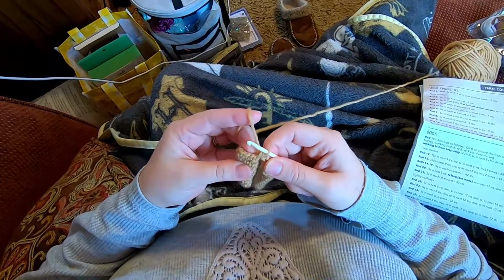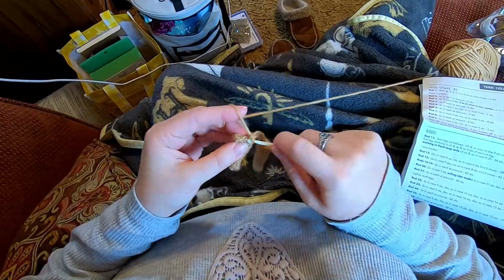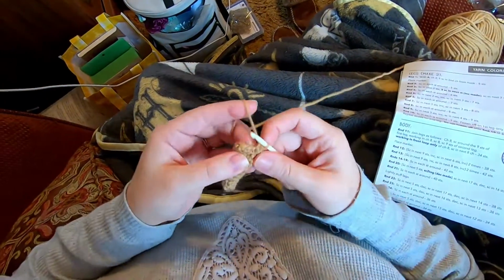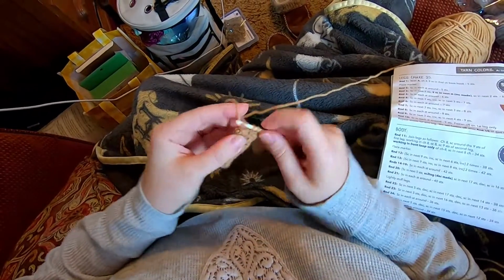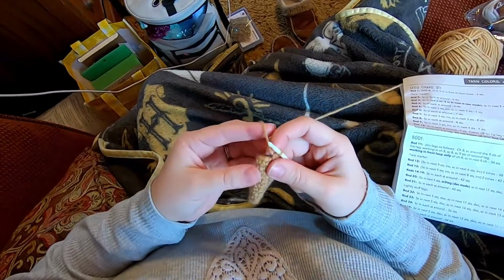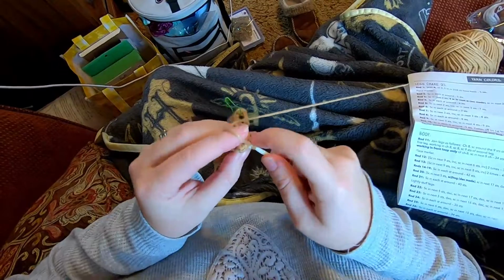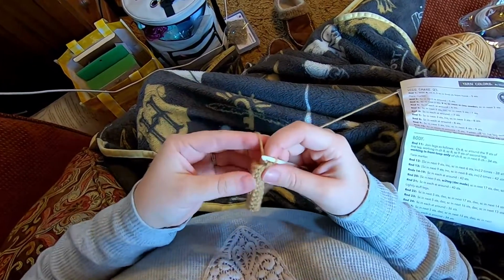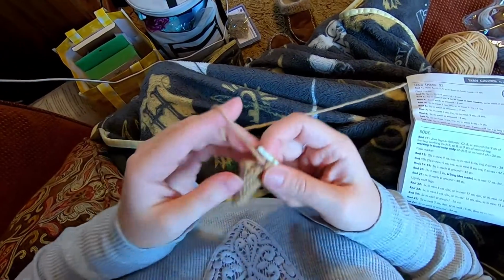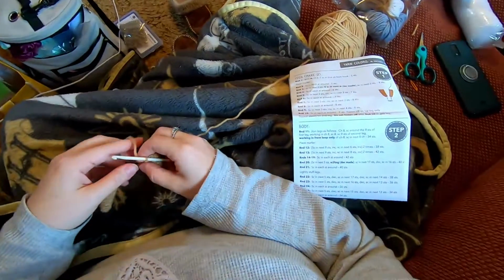So that's 1, 2, 3, 4, 5, 6, 7, 8, 9, and then